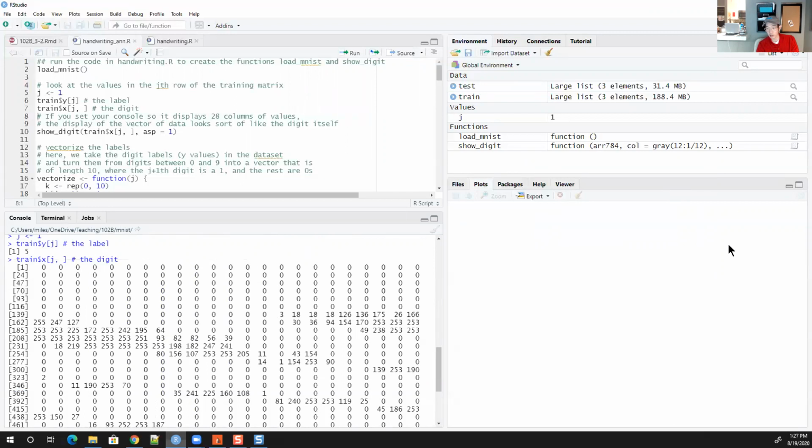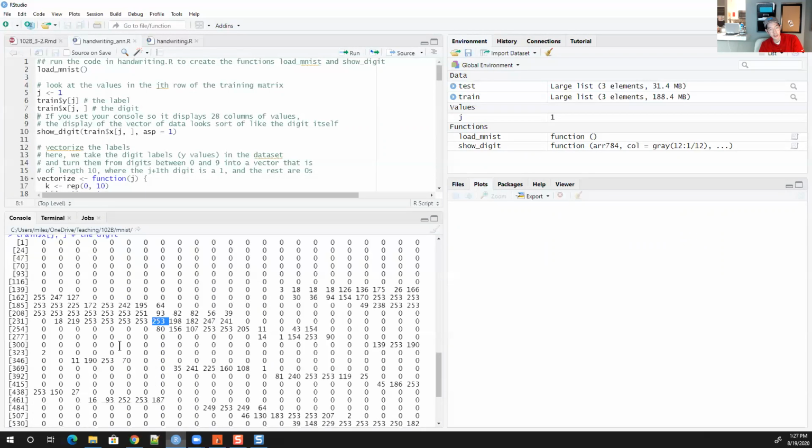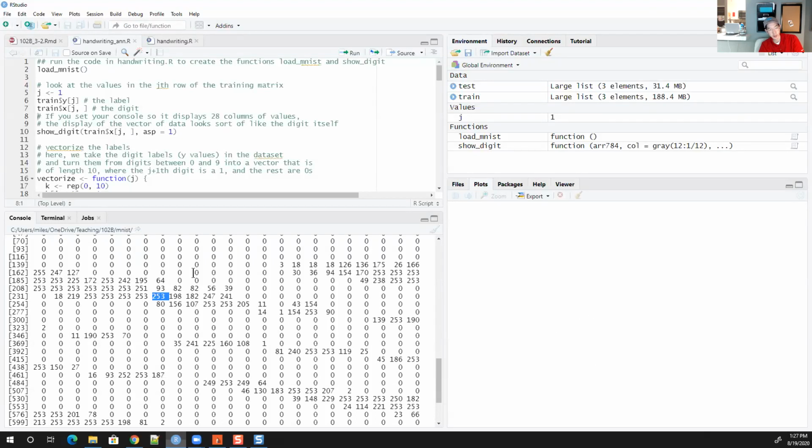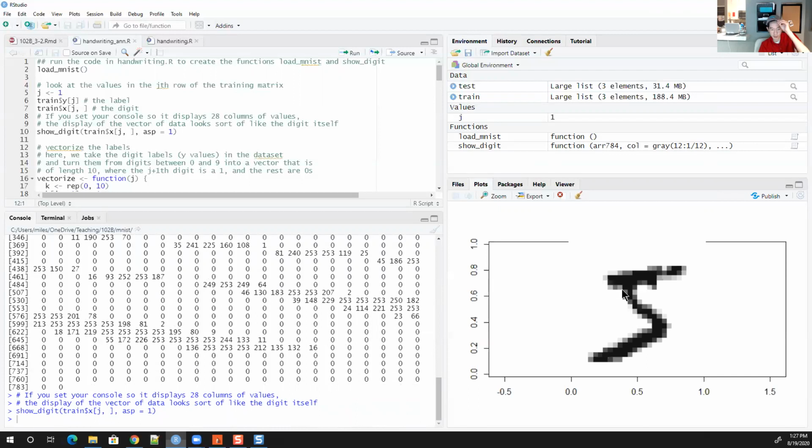Zeros mean there's no ink applied, and values near 255 mean somebody wrote there. So my pictures are black ink on a white background; in Grant's video,